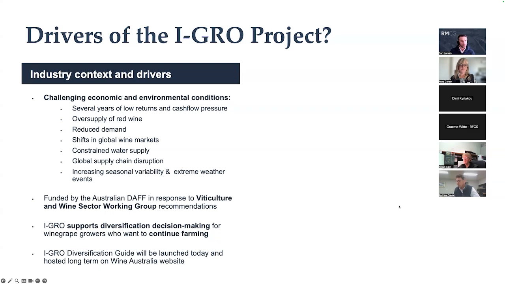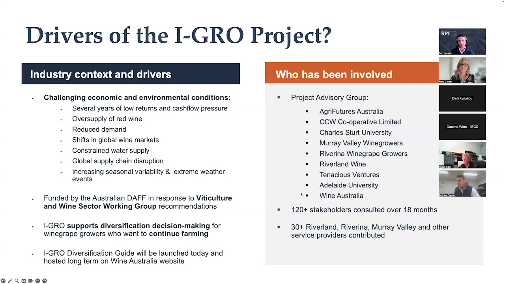The I-GRO project supports diversification decision making for wine grape growers who want to actually continue farming. So this guide is being launched today, commencing with today's webinar for service providers, and will be launched later this afternoon. In terms of who's been involved along the 18-month journey, we had an expert project advisory group comprised of